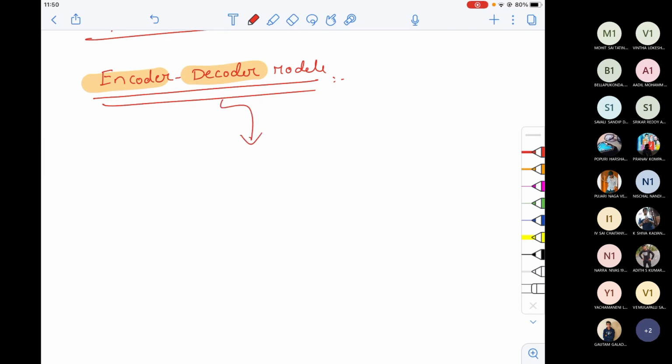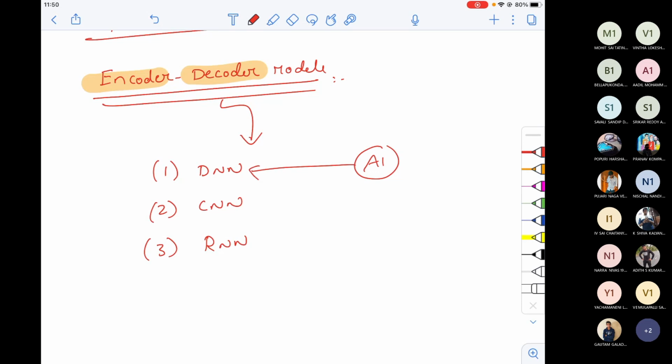Till now, we have studied DNN, we have studied CNN, and we have also studied RNN, different versions of RNN, different architectures of CNN, different perspectives of DNN. Did you ever get a doubt, sir, why it should be DNN? Whenever I have an application, you're asking us to solve it using either DNN, CNN, or RNN architecture.